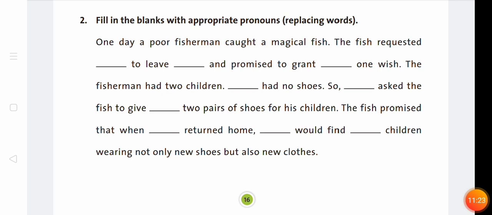So he asked the fish to give it two pairs of shoes for his children. The fish promised that when he returned home, he would find his children